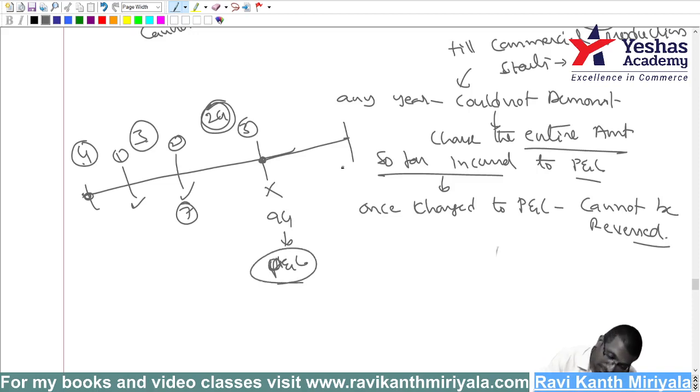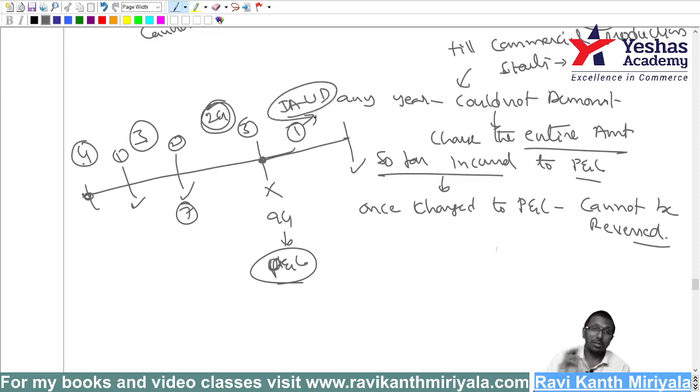But suppose, sir, I am able to demonstrate in the next year, and the 6 conditions are satisfied? When you demonstrate, suppose 1 crore is spent, only this 1 crore will be intangible asset under development, my dear. But not that whatever you charged earlier, you reverse it. No, it is not allowed. It is prohibited. This rule is applicable only with respect to intangible assets, not for other situations. Once expenditure is charged to P&L, it cannot be taken back. Remember this point, it's very important. This is the first basic issue. Hope you understood what I said.